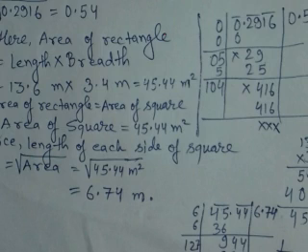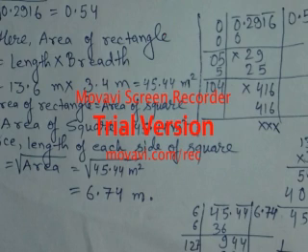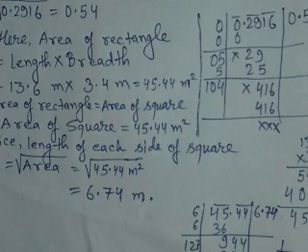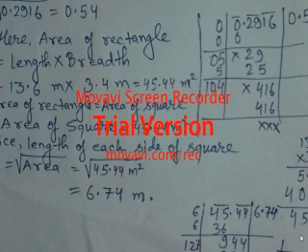Sorry, here the addition is a mistake, so you can correct your addition by yourself. Sorry, here it will be 8 plus 4, it becomes 12. Okay, 2 will be there. Sorry, by mistake it has been done wrongly. Here it will be 2, and then after here 1 will be carried, so it will become 46.24.